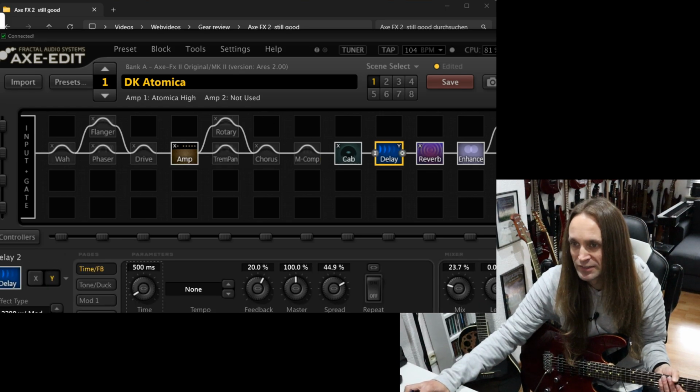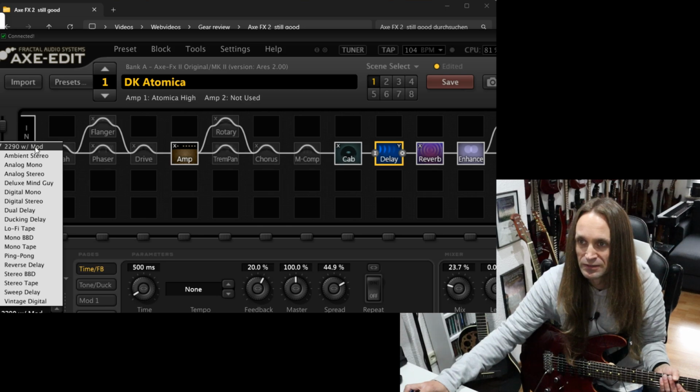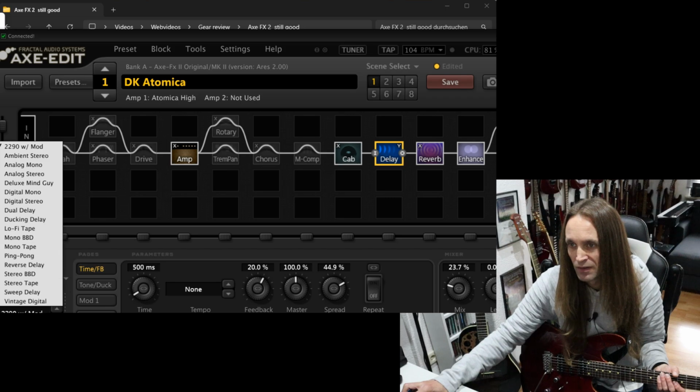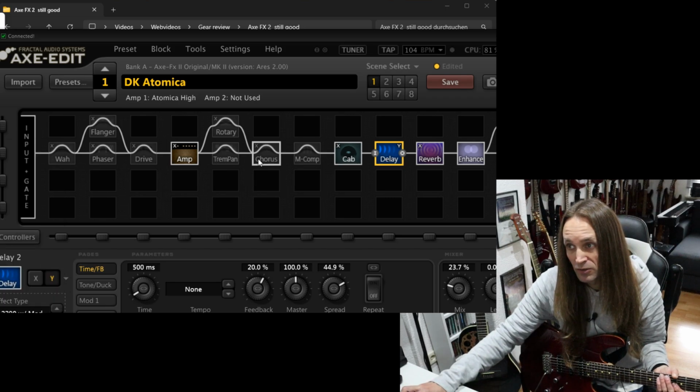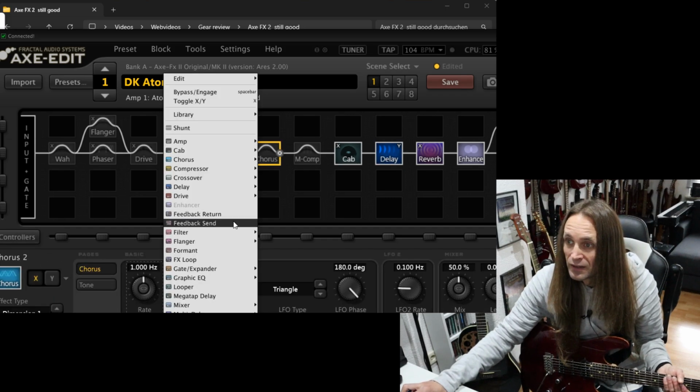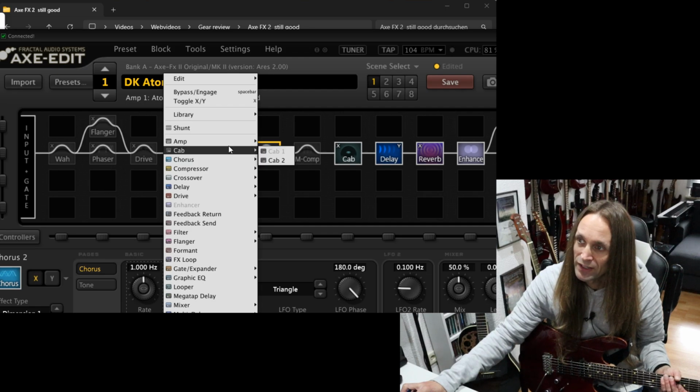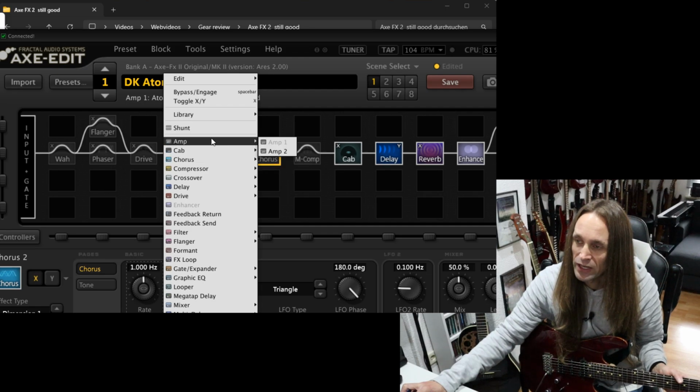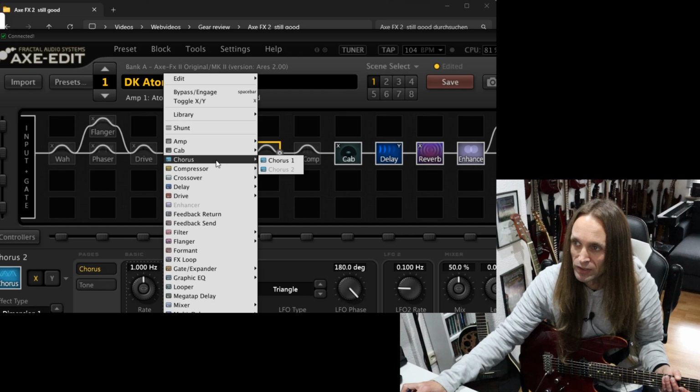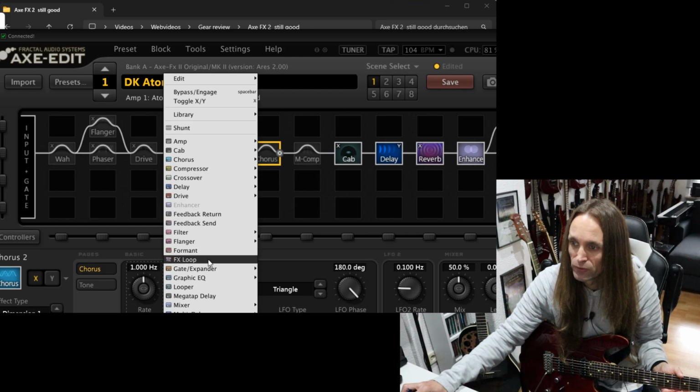And of course in the delay section you have way more delays here. Ambient, stereo delays. They all sound kick-ass. Here we have all the effects and amps. We will check out some amps in a second, but yeah, you have the chorus, compressors, delay, drive, everything you